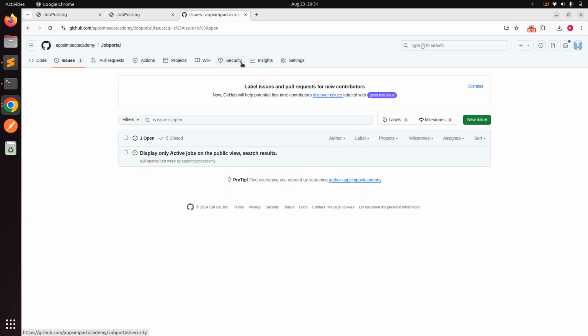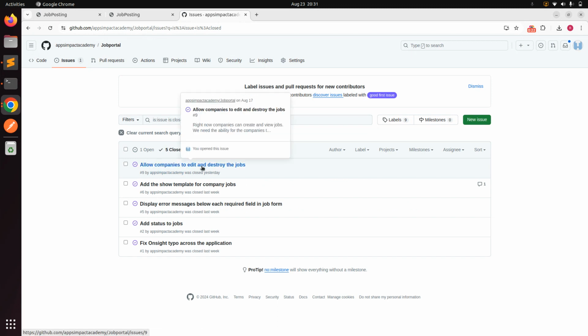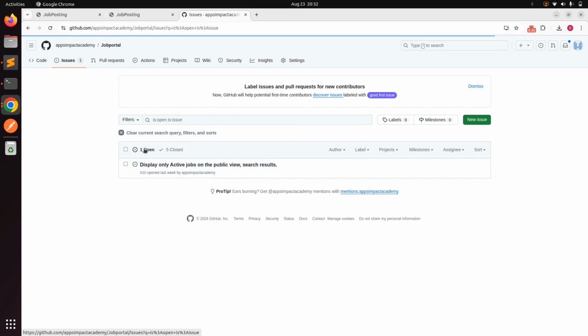So, in the last lecture, we worked on the first task of assignment 3, which was to allow companies to edit and destroy the jobs. I already showed you how we created the PR for this, then rebased and merged it into the main branch. Now in this lecture, we're going to discuss the last task of assignment 3,